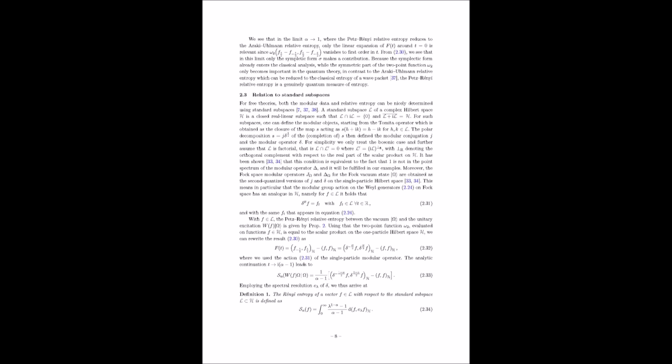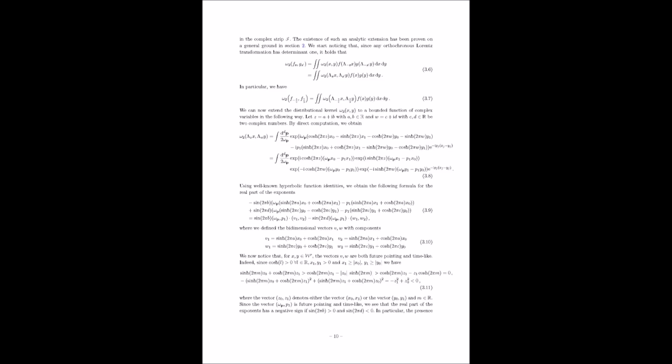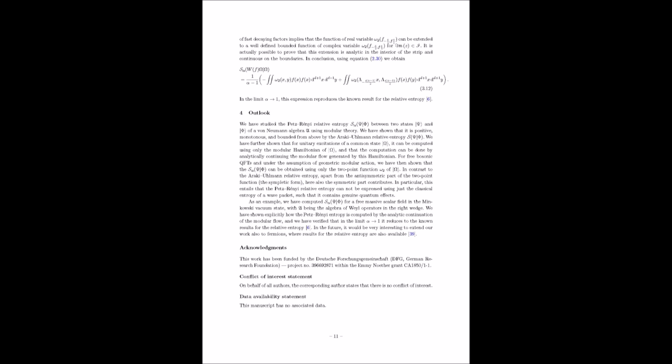Okay, I think I'm ready for the grand finale. The paper wraps up with this concrete example using scalar fields in a wedge. Can you explain what a wedge is in this context? Sure. A wedge is a specific region of Minkowski spacetime. Minkowski spacetime, that's the spacetime of special relativity. It's like a wedge-shaped slice of the spacetime fabric. And the authors are looking at a scalar field that's confined to this wedge.